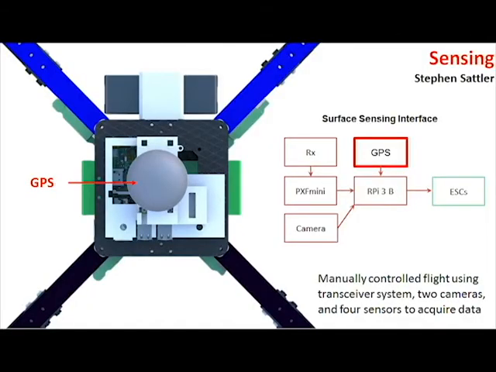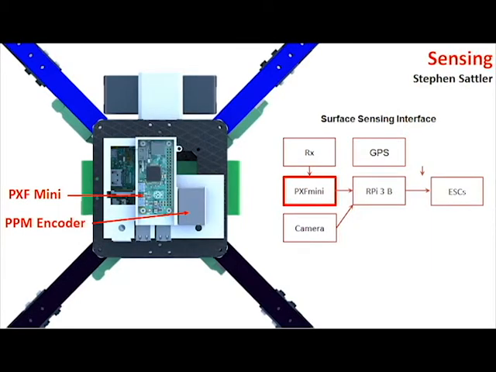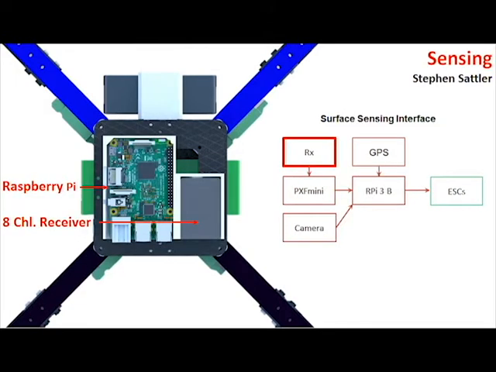The Sensing Subsystem is dedicated to acquiring data. TED's GPS module is used to add spatial accuracy to the topographical map. The PXF sensor board has a gyroscope, accelerometer, and compass, all of which are used for image correction and post-flight processing. The receiver allows for wireless control of our quadcopter, and the Raspberry Pi is the brain behind the quadcopter,